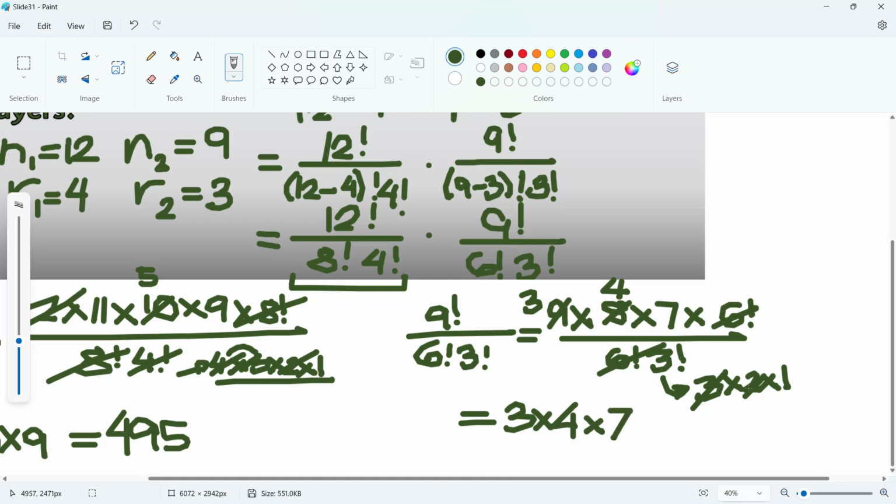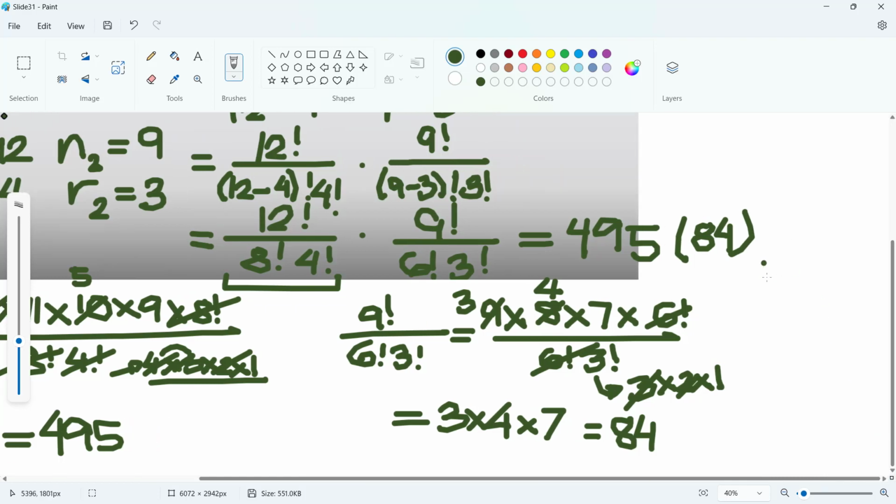So I could just simply multiply that. 3 times 4 times 7, I have 84 combinations. But this is again the combination for the basketball players alone. Going back to our problem, we simply plug in these results. You have 495 for the 12 taken 4, and you're going to have here 84 for your 9 taken 3. The product of this is now your answer for the problem, which gives us a result of